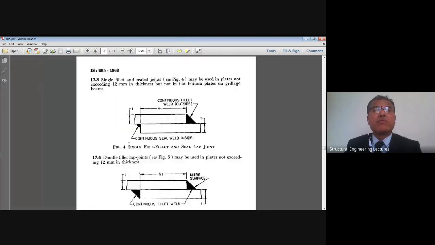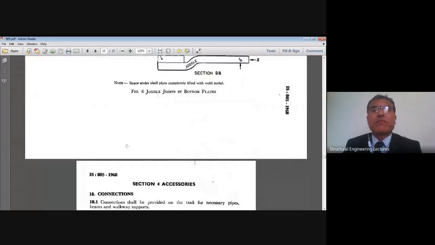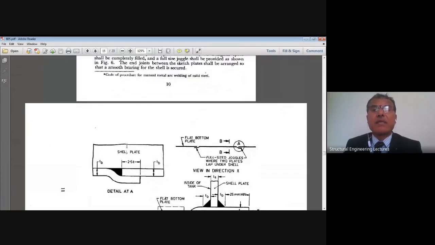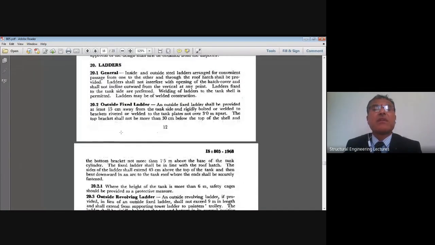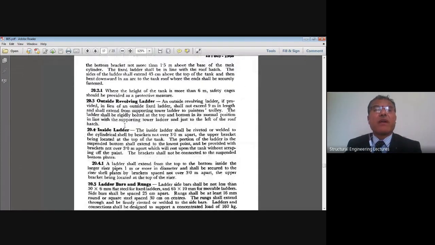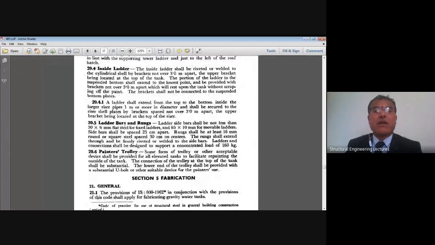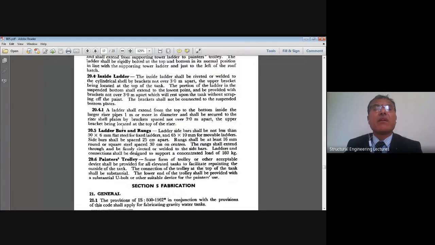Now, we will move to the other specifications, right? How the joggle joints should be provided in the bottom plates. That is also shown schematically. Now, even ladders may also be provided, right? How the ladder should be provided, to what distance, right? And now code says that even the